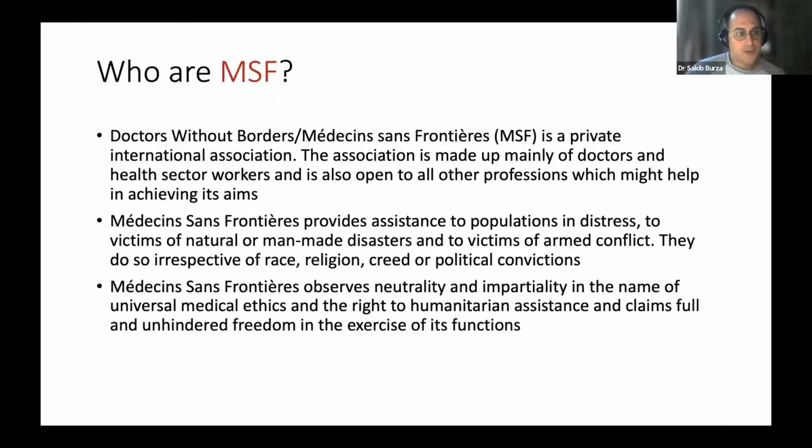So, who are MSF? I'm going to talk a little bit about the organization, because we've mentioned it a couple of times already, just in case some of you may not be aware of it. Essentially, it's a private organization, an international NGO. It's probably the biggest humanitarian medical NGO in the world, and it's a loose association of medical professionals and paramedics and others who are genuinely interested in the mission of the organization, which is providing assistance to populations in distress,